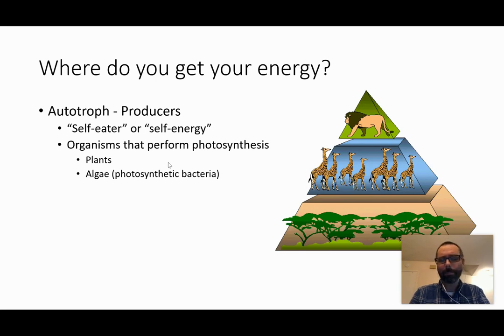And again, that's kind of maybe a weird thing to think about. But if you remember back to the photosynthesis video, the plants are making glucose for themselves. They're making sugar so that they can use it. So if we get our energy from eating plants or eating sugar, then plants are eating their own sugar. So they're a self-eater. I say plants, but I also don't want to forget about the algae, bacteria, photosynthetic bacteria,